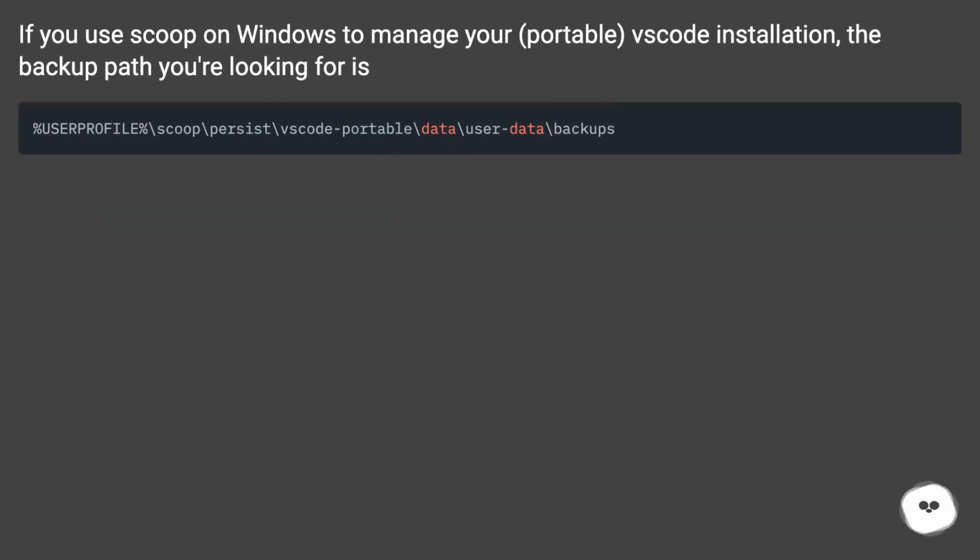If you use Scoop on Windows to manage your portable VS Code installation, the backup path you're looking for is